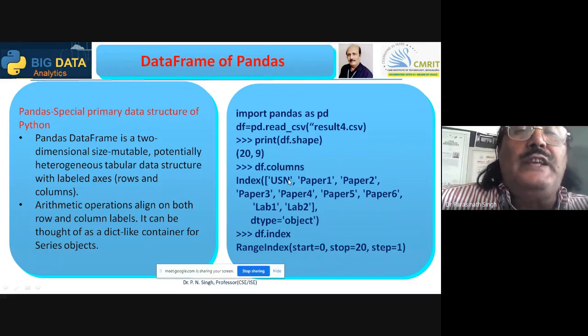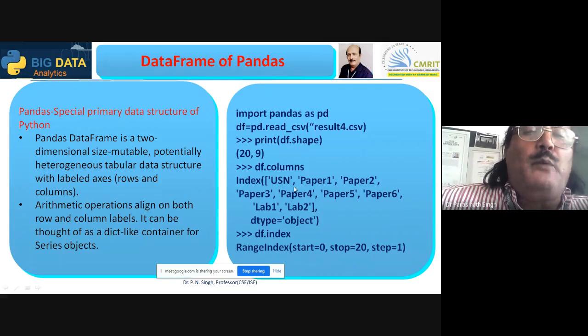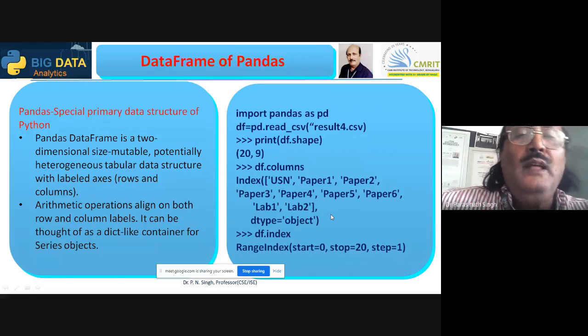So df.columns shows the column headings. By default, it shows the column headings, the field names, in a list: USN, paper 1, paper 2, paper 3, paper 4, paper 5, paper 6, lab 1 and lab 2. Everything in Python is an object, so the data type is object. When you see the index, the starting index is 0.